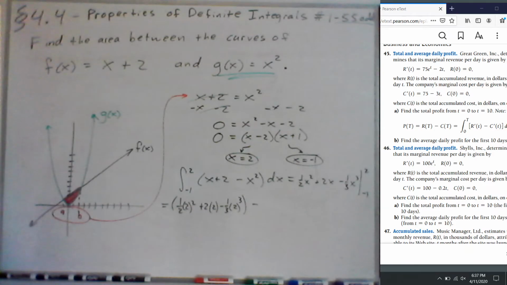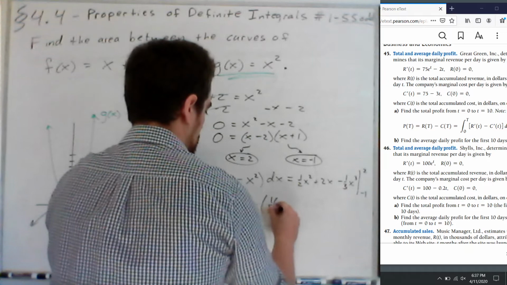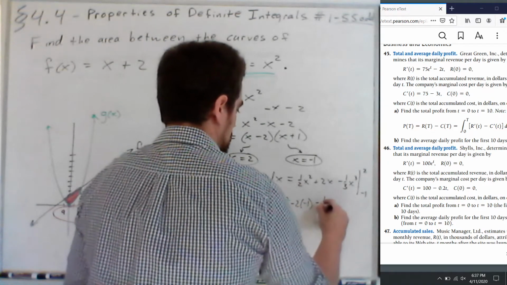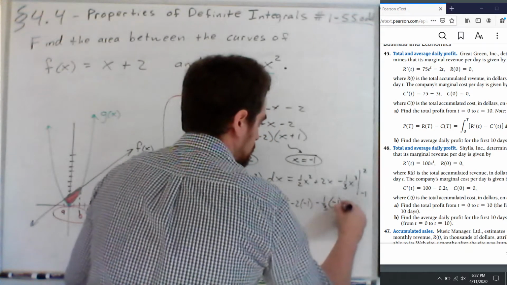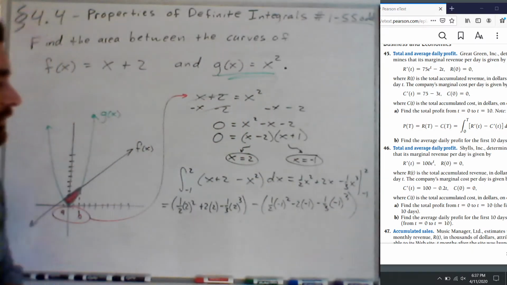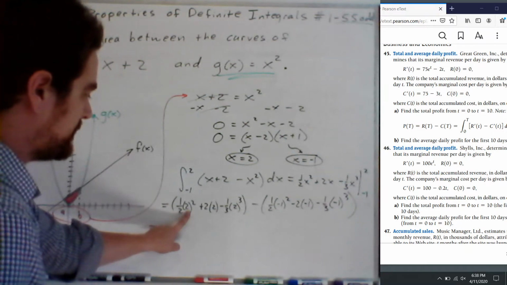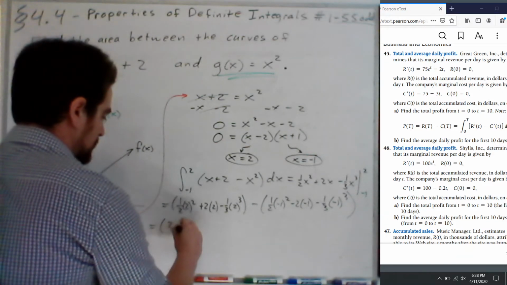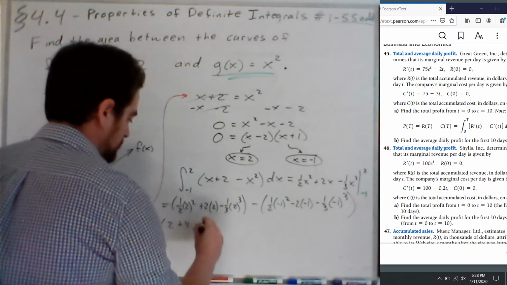Now I plug in the lower bound, which is negative 1. So I get 1/2 times negative 1 squared plus 2 times negative 1 minus 1/3 times negative 1 cubed. There's my lower bound plugged in. So again, lots of fractions. Just get it done, right? 2 squared is 4 times 1/2. So that's 2 plus 4 minus 2 cubed is 8. So that's minus 8/3